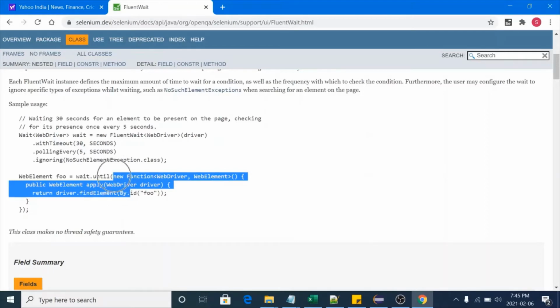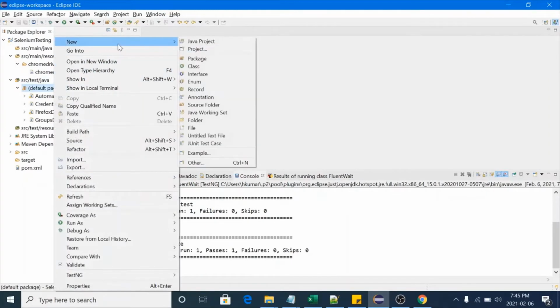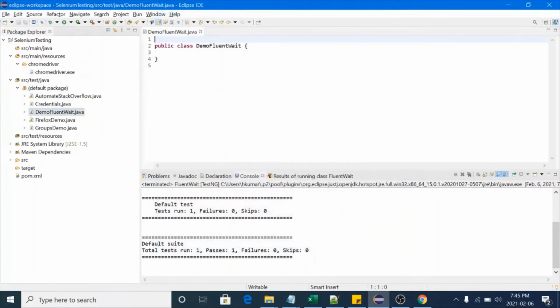So let me show you how to do that. Let me launch Eclipse. So I have one Selenium project here. Let me create one class here. New class, DemoFluentWait. Click on finish. So I got one class here.